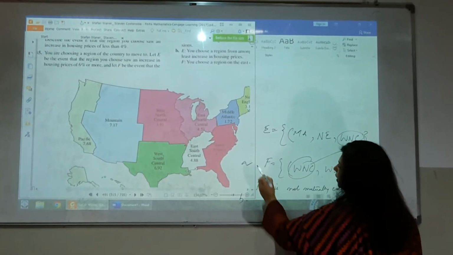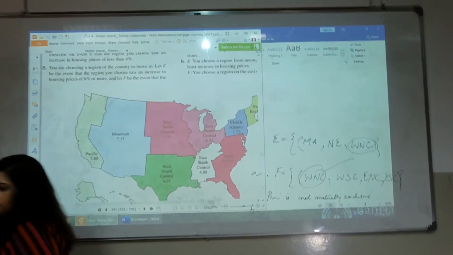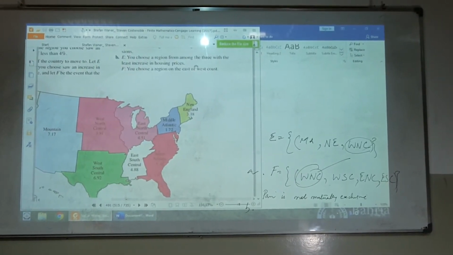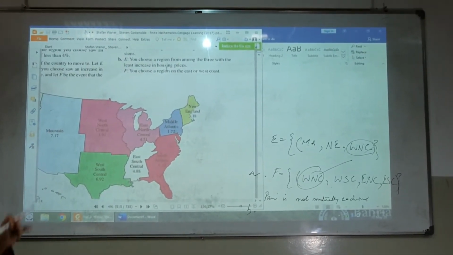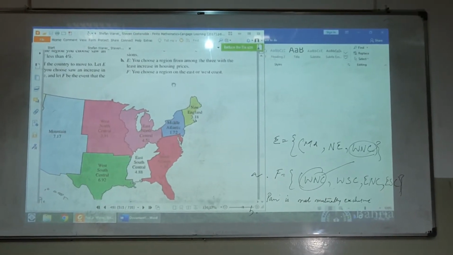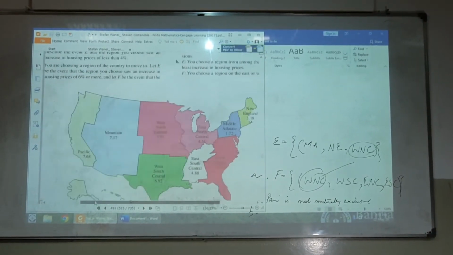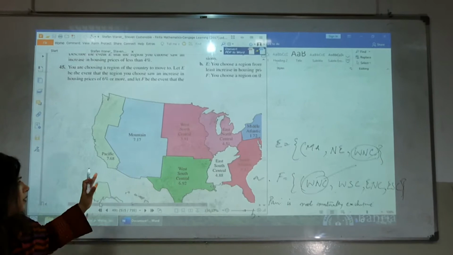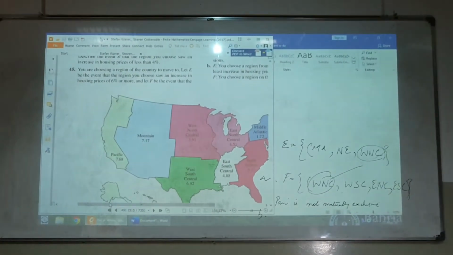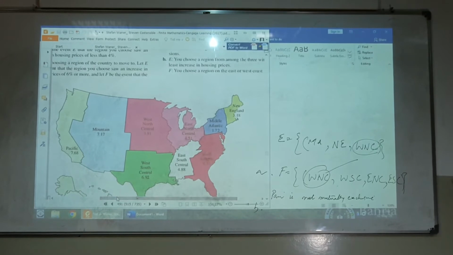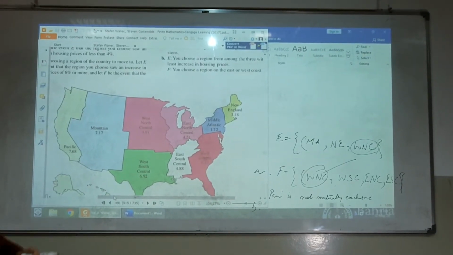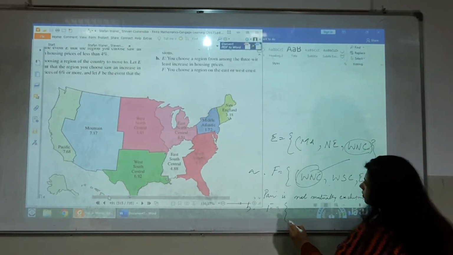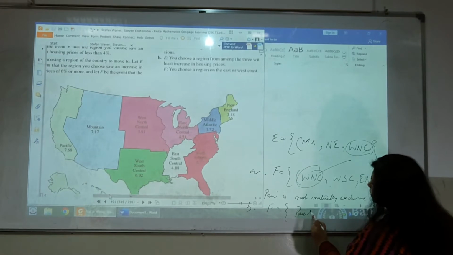That was part A. Now I have to look at part B. What does part B require us to do? Part B says you choose a region from among the three with the least increase in housing prices. That would be the same as event A. And F says that you choose a region on the east or west coast. So now you know that we have the west, and we have Pacific on one side, and we have New England, Mid-Atlantic, and South Atlantic on the other side. So if I were to draw the sample space for part B, F, which is Pacific,